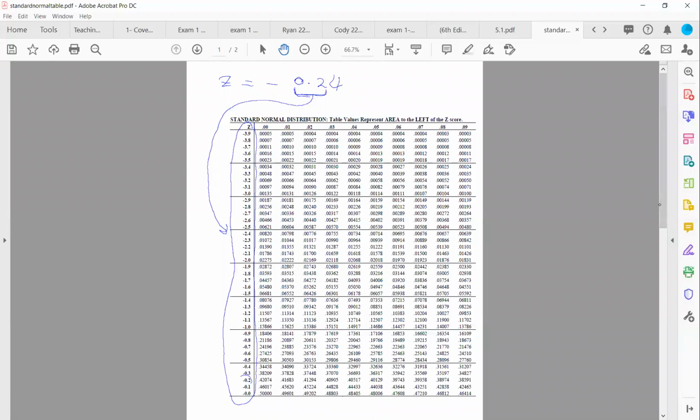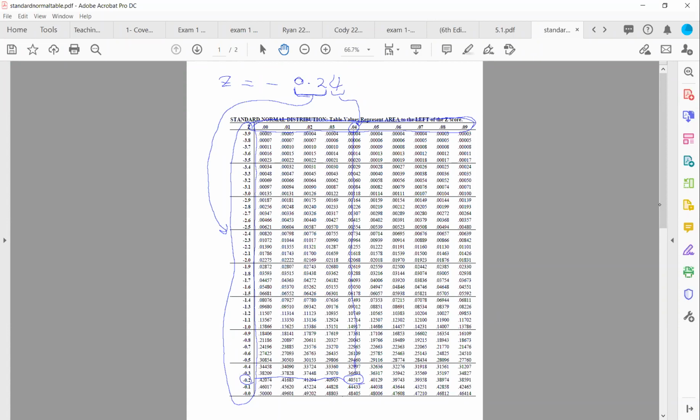I found it. It's just here. The second digit to the right of the decimal place is on the top row, which is 4. This guy is here. Now, the intersection between these two is going to be my probability or area, which is